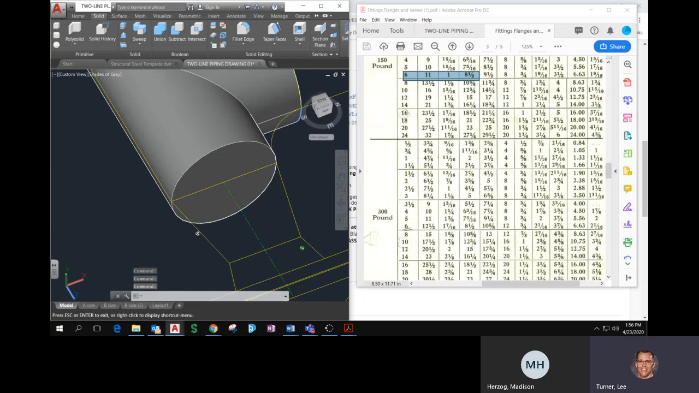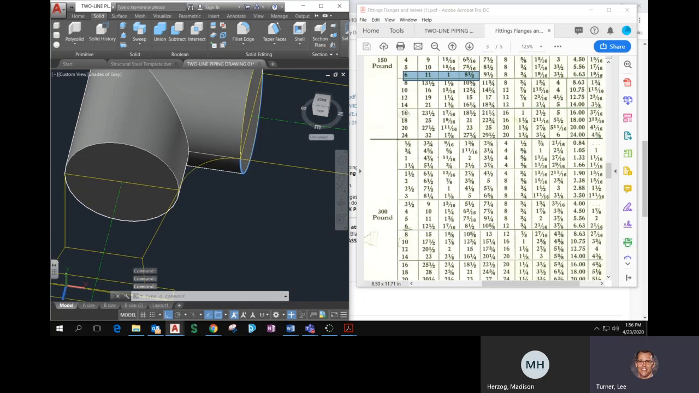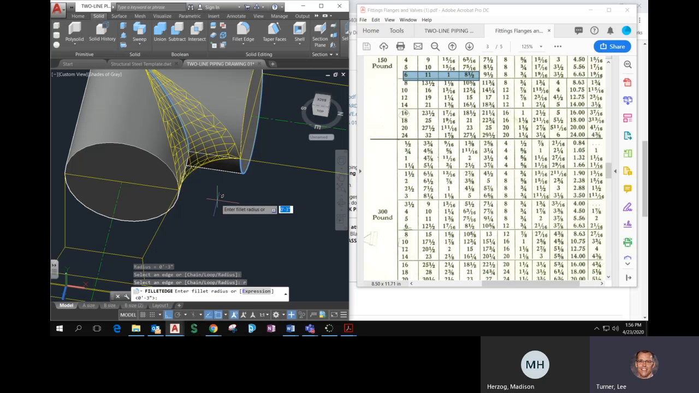Over here, repeat. Should be the same radius, so really all you got to do is what? Fillet edge. Pick this, enter, and it didn't work that time. Uh-oh. And so let me try again. Fillet edge, pick. We do the radius again just because. I don't know why it did what it did, but